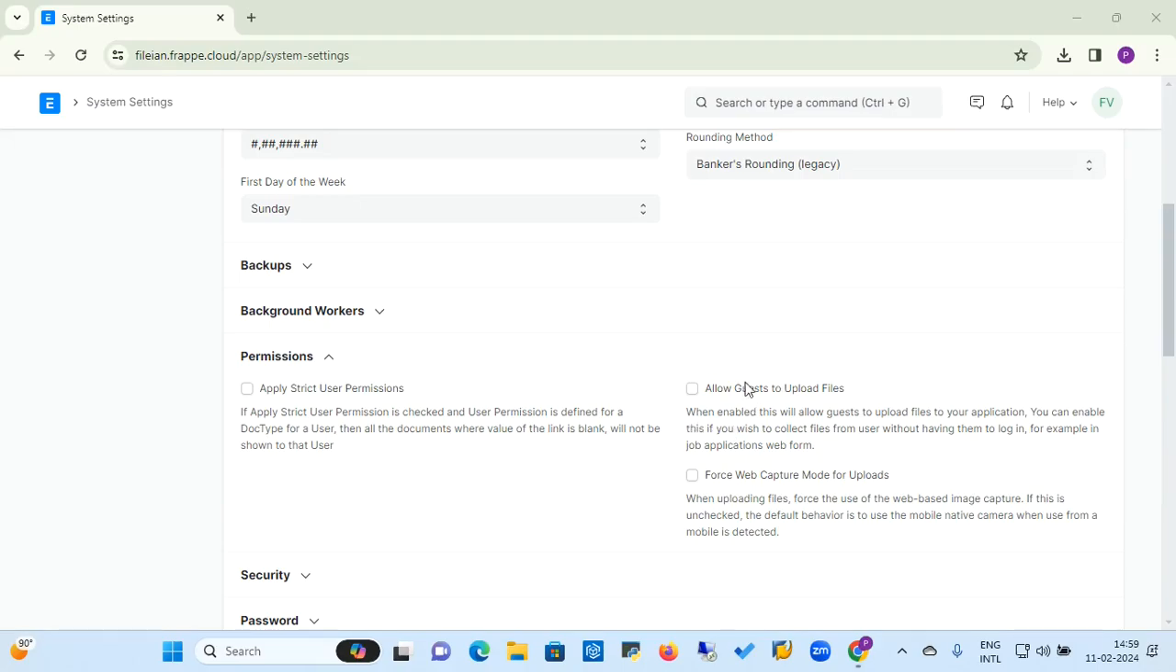Here you can make the decision whether your guest can upload files or not. If you check this option, then your guest will be allowed to upload files directly to your ERPNext application. Also, you can see post web capture mode for uploads. If you check this option, then ERPNext will accordingly make the settings to post web capture mode for the